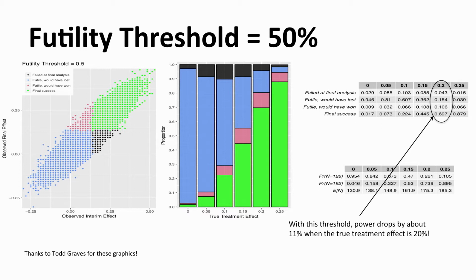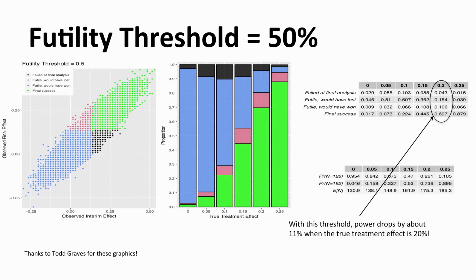So in this slide, where we have a futility threshold of 50%, one of the things we can notice is how this affects our power. Remember that our scenario of a 20% absolute improvement had 80% power when we had no futility rule. Now, with this high threshold, that power has decreased to about 69%. So we've been terminating trials early that we shouldn't have, and that loss in power directly corresponds to that pink area in our bar.